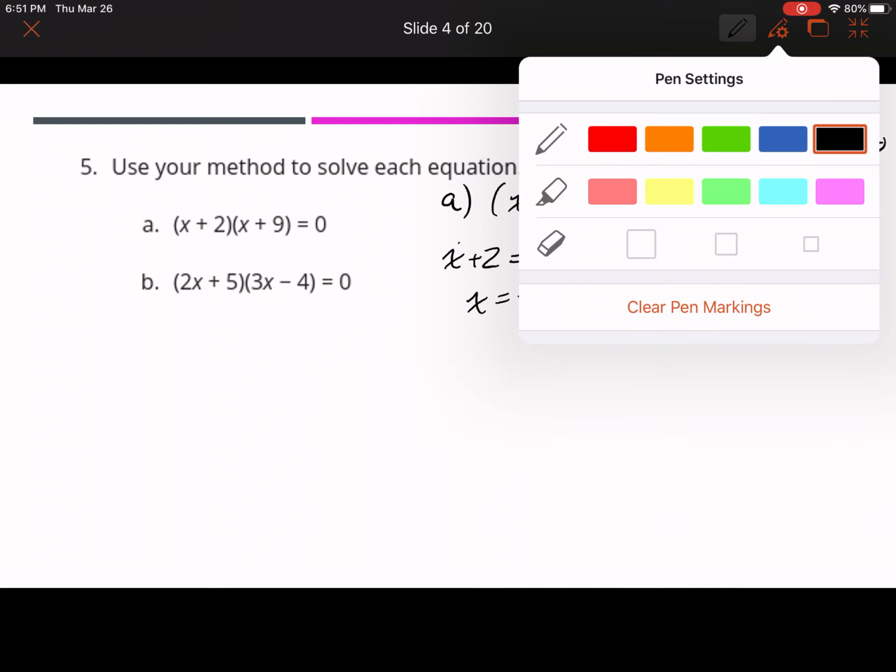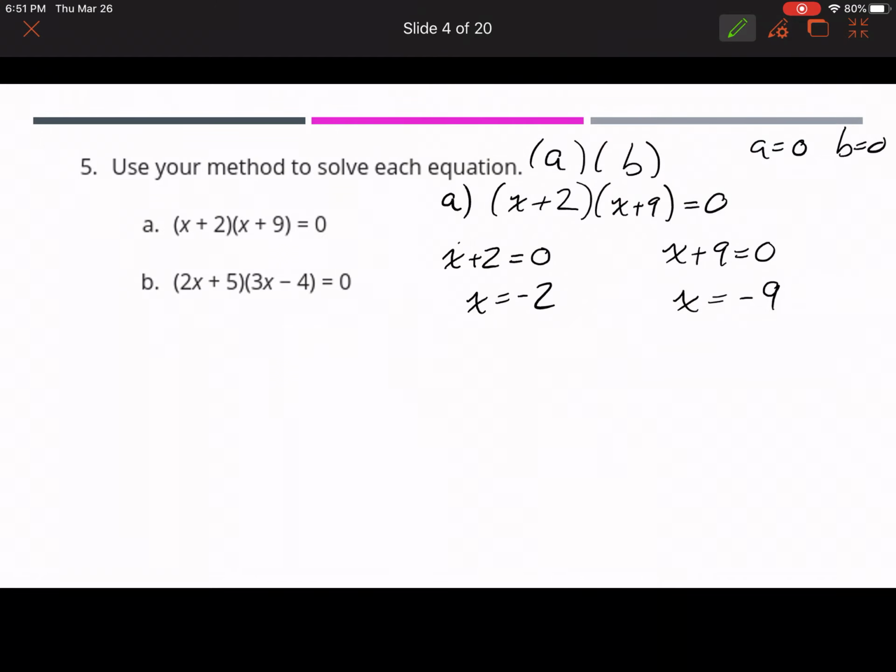So I'm doing that by, I've got a plus 2 on either side, so I'm subtracting 2 on either side. Or you can think of it as I've taken a plus 9, it jumps over the equal sign and changes its sign. Two ways to think about that. So now I've got x minus 2 and x minus 9. And if we throw those back into the equation to check,